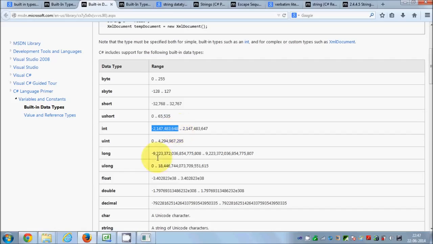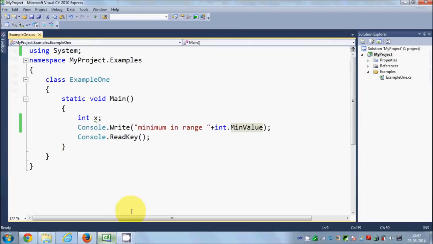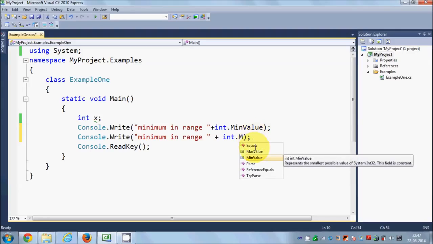So you can find the minimum or maximum values using min and max value for every data type. For example, if you want to see the maximum range of int, you can just write dot max